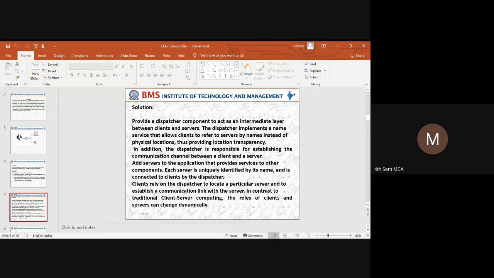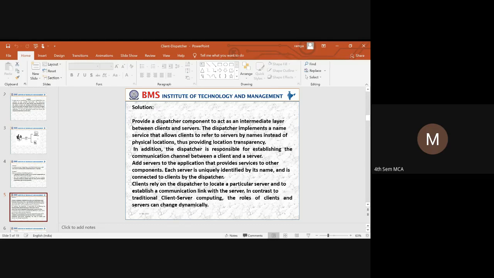Once the server names are displayed to the client, when the client requests, the dispatcher creates a communication channel between the client and that particular server.